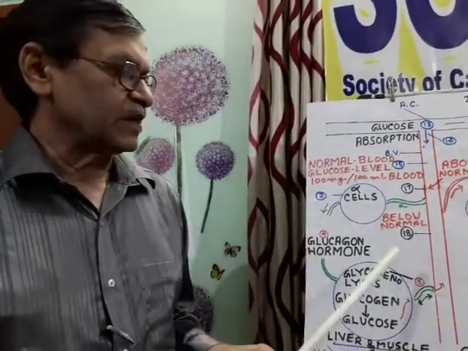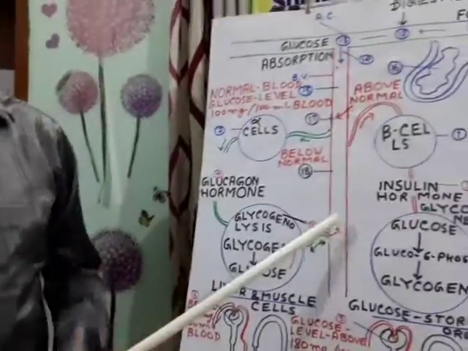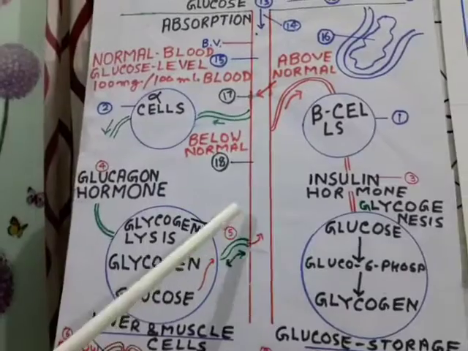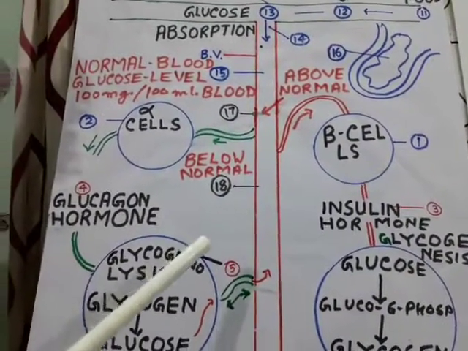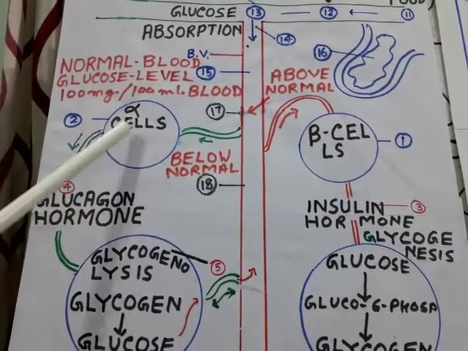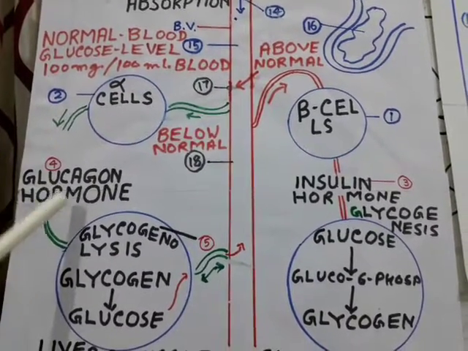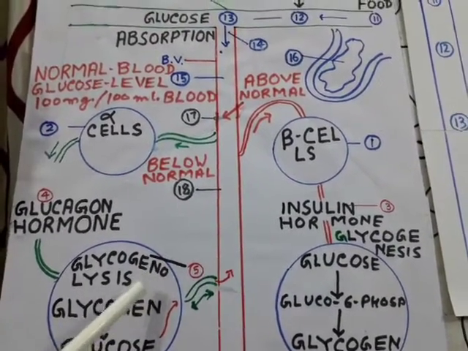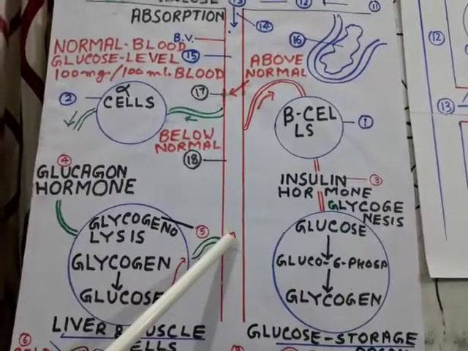After some time, when the blood glucose level starts declining and much glucose has been taken by every body cell, then as the blood glucose level drops from the normal level, immediately the message is conveyed to alpha cells of pancreatic islets. Alpha cells of pancreatic islets secrete the glucagon hormone. Glucagon hormone causes glycogenolysis, in which glycogen is broken down into glucose and then glucose comes into the blood circulation.